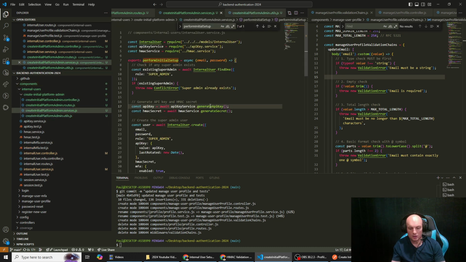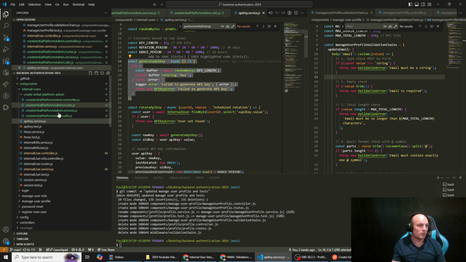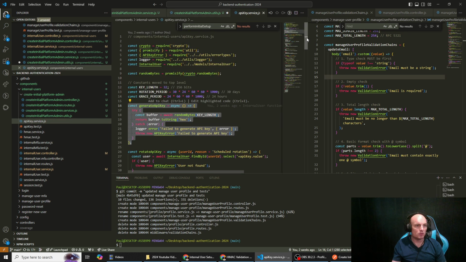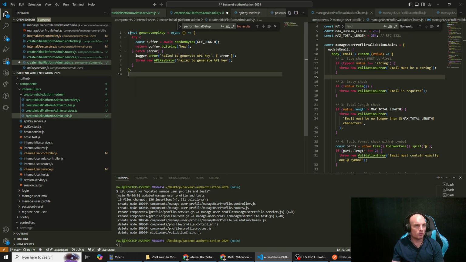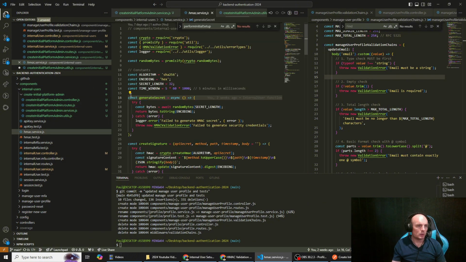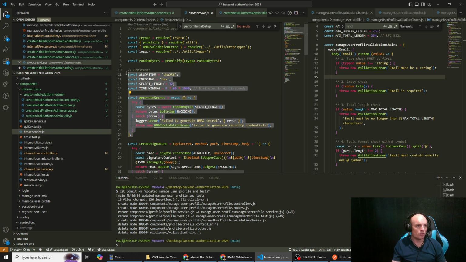and what we're going to do is in here we're going to copy this functionality, we're going to put it here. What do we need to bring in? Crypto, key length, so we just need this. I'm going to go exports dot, and then we also need to bring in generate secret. This is coming from our HMAC service. So